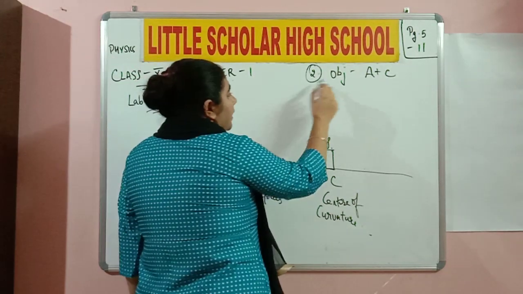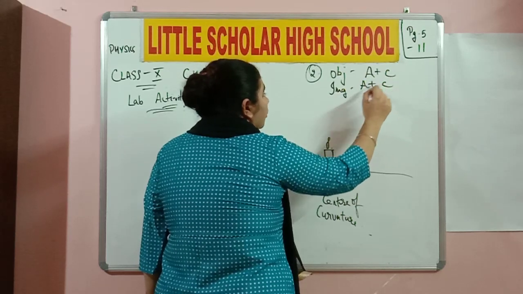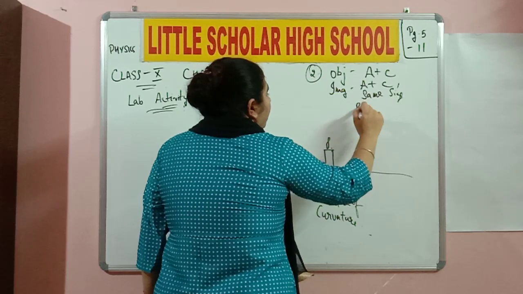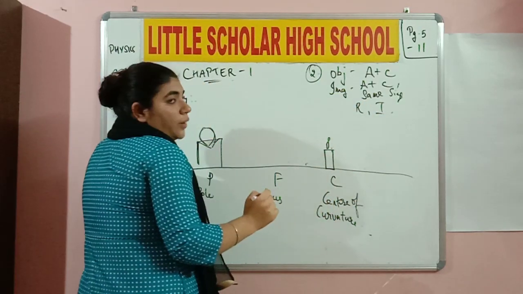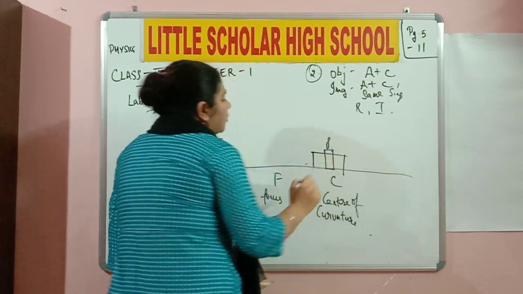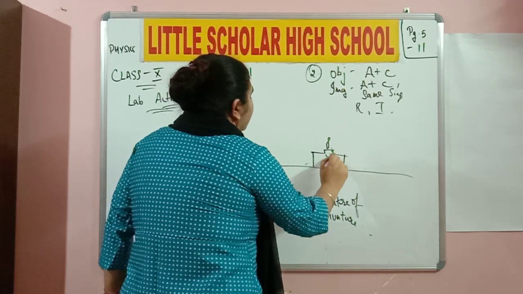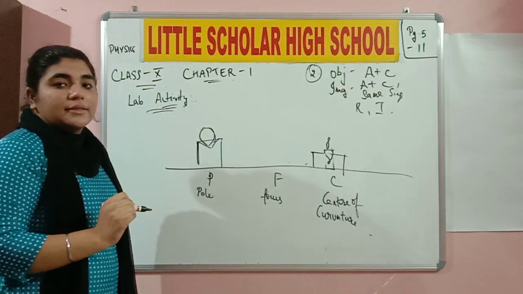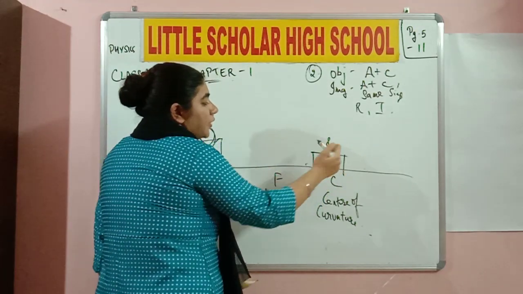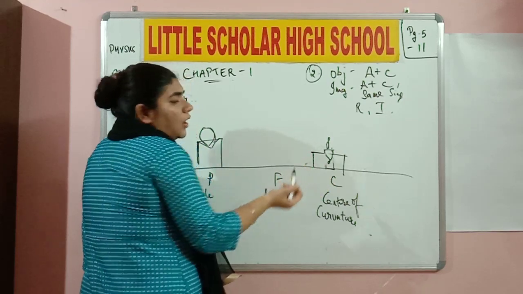Okay, so when I place the object at the center of curvature, the image is also going to be formed at the center of curvature. It is going to be same size, real and inverted. So where do I place my paper? If I place my paper somewhere over here, it is going to show me the inverted image like this. Okay with everyone? If I place my paper on the center of curvature, I'll be able to see the resultant image on this. How is it happening?